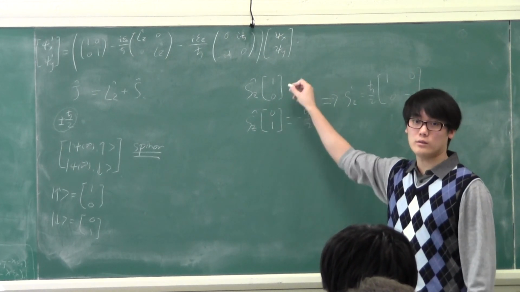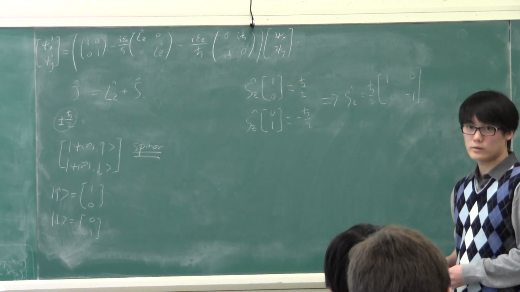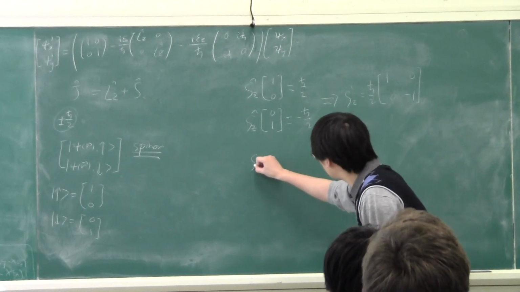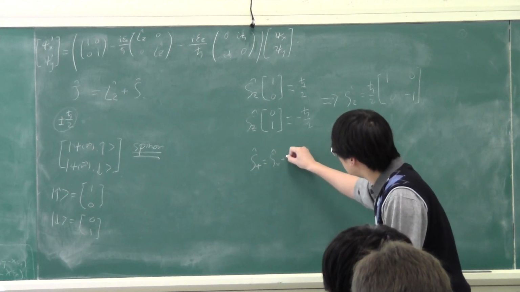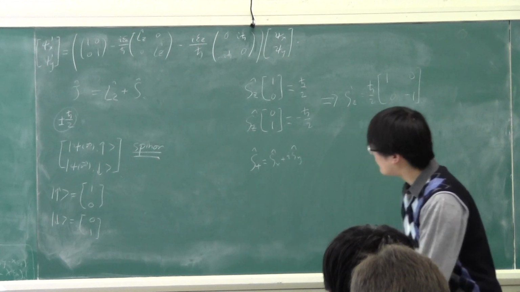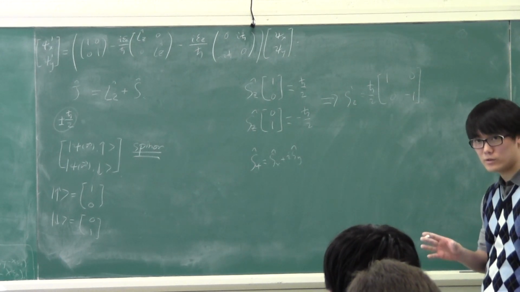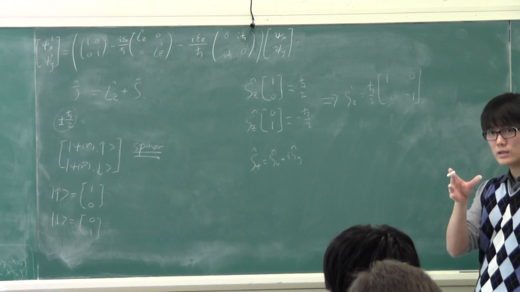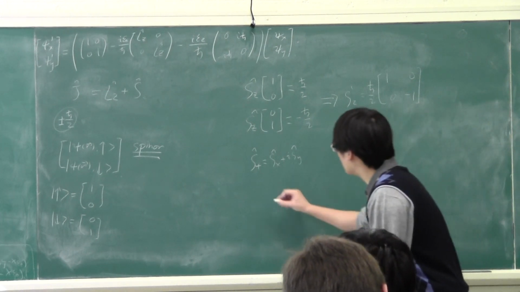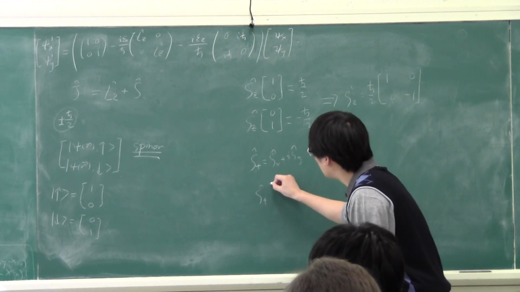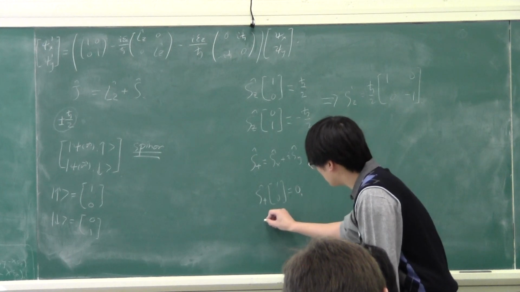Now let's think about the raising and lowering operators we just derived. We have S plus, which is Sx plus i Sy. What is the action of S plus? If it acts on the down spin, it's going to raise it to the up spin. If it acts on the up spin, it's going to be 0. So we get S plus, (0, 1; 0, 0). And then S